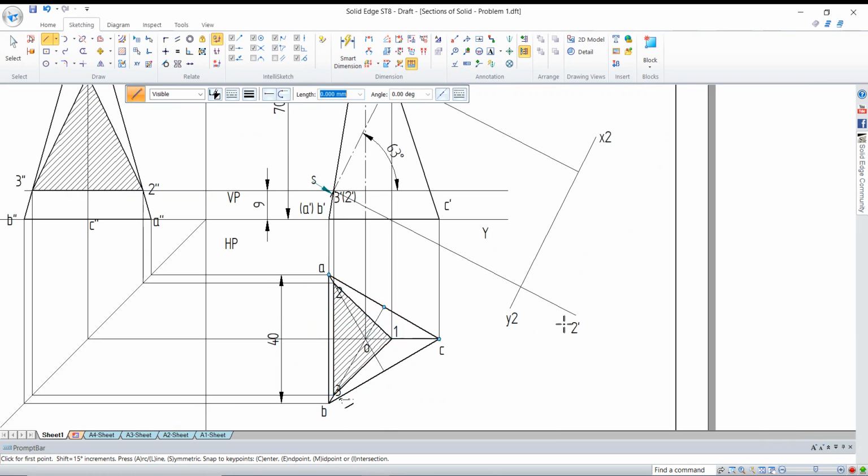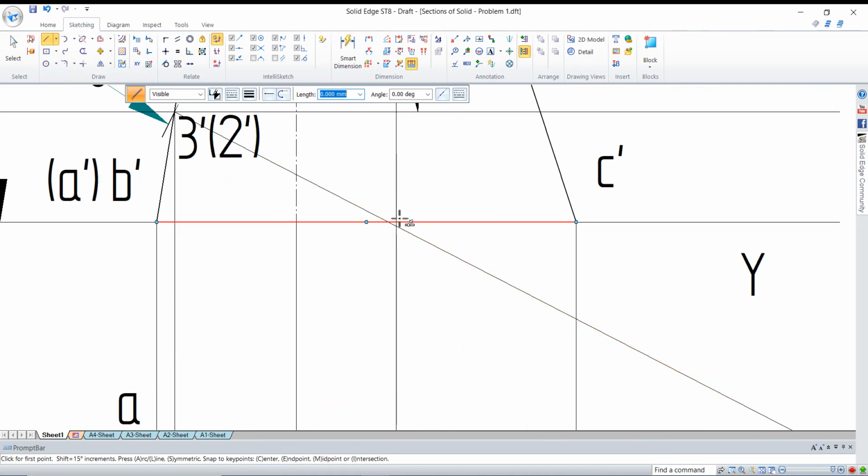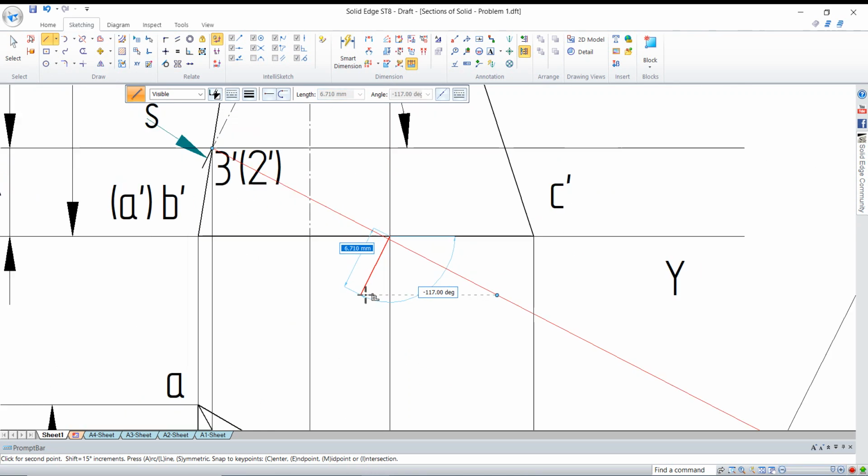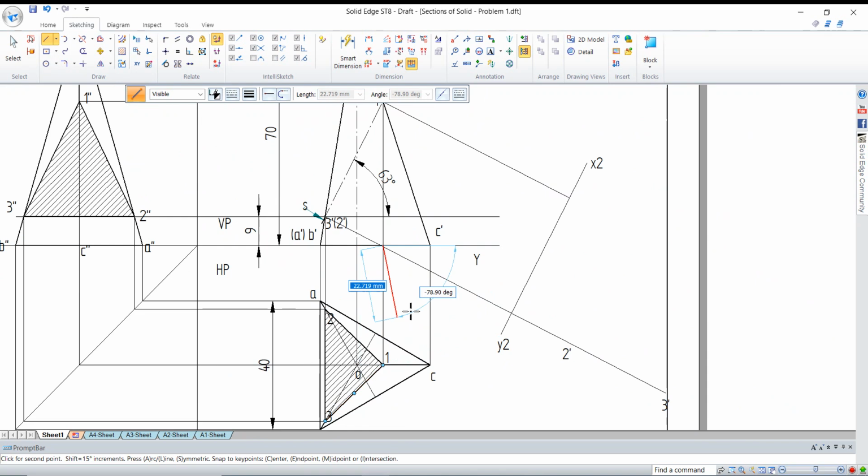Then you have 34.857. From here I'll draw a 34.857 parallel line. So I have point number 3 dash. Then finally point number 1 from the axis, I'll zoom in and find properly, otherwise it will go wrong.